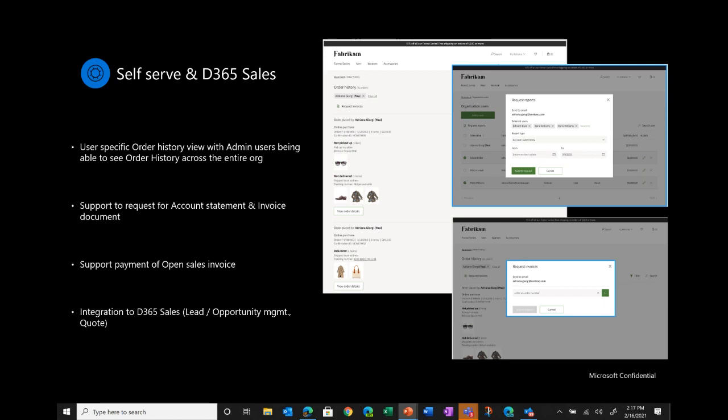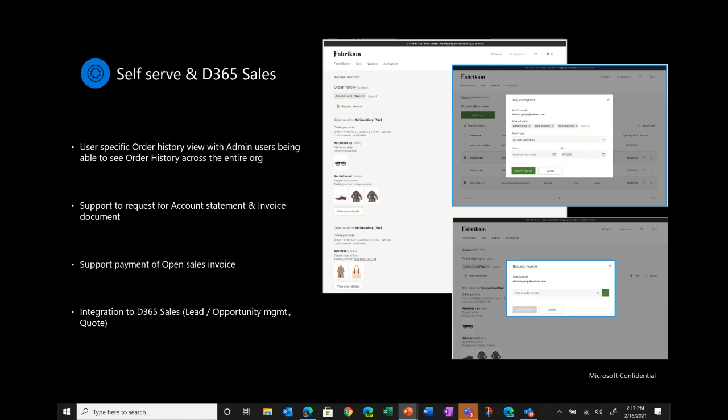Customers and partners who have access to the 10.0.17 build and who are part of the preview program can deploy this B2B e-commerce on their environments and try it. The solution is planned to be generally available in the April timeframe. So April 1st, B2B e-commerce would be generally available. Those are the timelines that we're targeting.